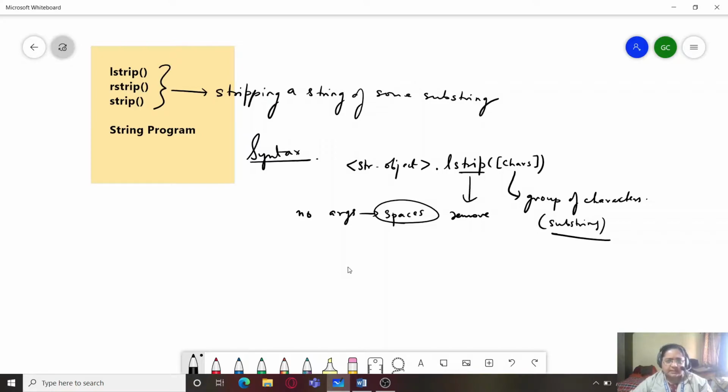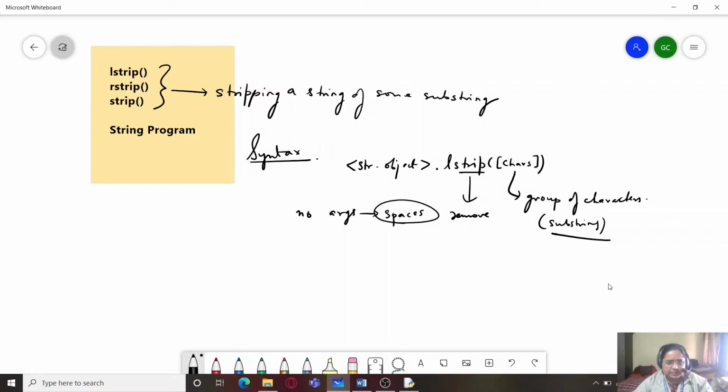This applies to lstrip, rstrip and strip. So we can remove any character or spaces from the string by using these three functions, and now we will see how they work.